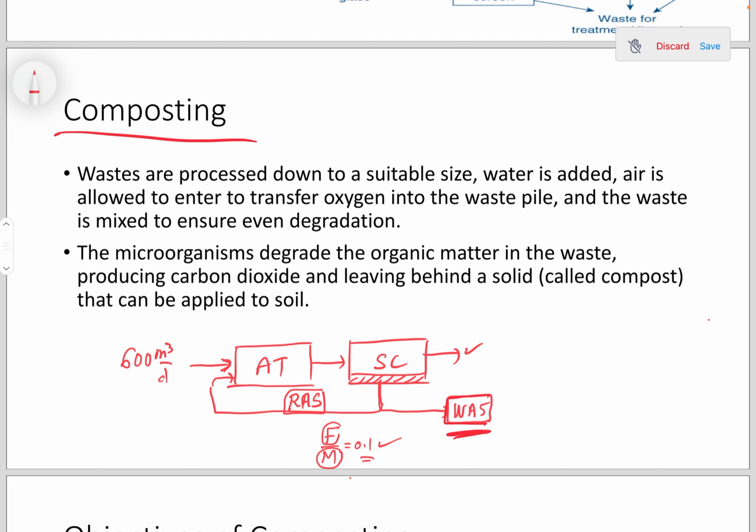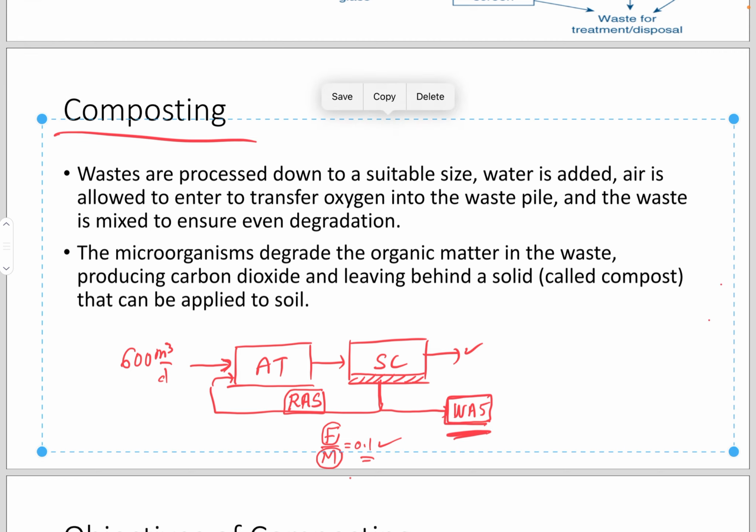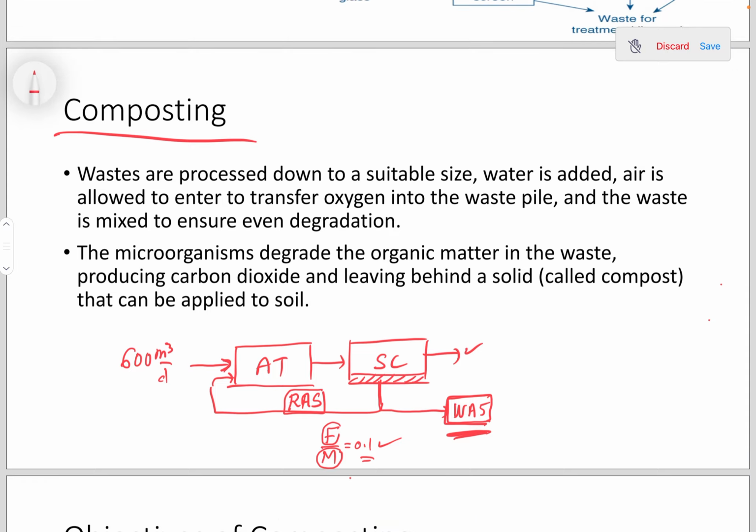The waste is produced and processed down to a suitable size. Remember that he was talking about tons, a lot of tons being produced per day from Slabiya. A lot of tons of sludge is coming from here. What do they do with it right now? Nothing. It's piling up. If this volume is processed down to a suitable size,